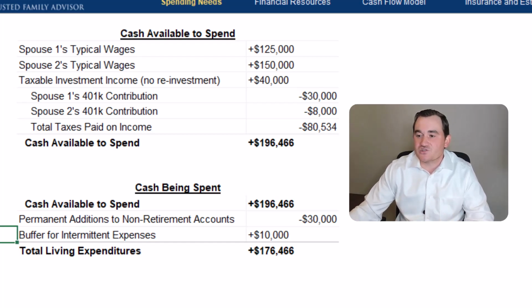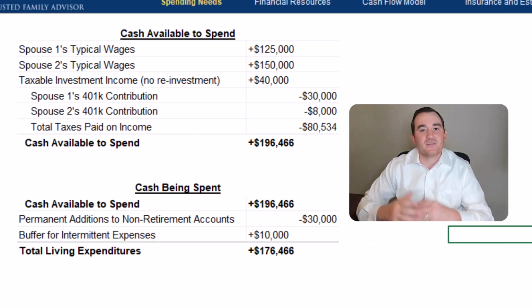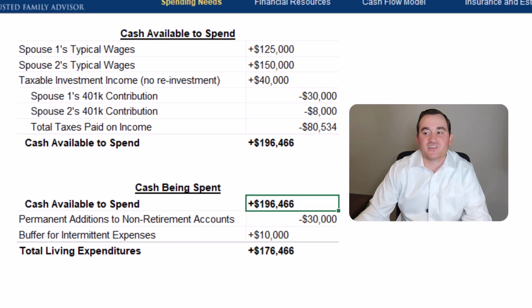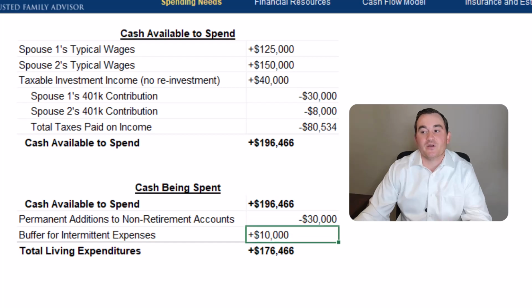They're not spending that money. And then finally, we'll make an adjustment here for intermittent costs. And I've said this in other videos, but there are costs that are invisible to a normal budget, and that would be things like home improvement and upkeep. If you need to replace the roof in 20 years, you're not going to put it in your budget, but at some point in the future, you're going to need cash to pay for those intermittent costs. And so what we're doing is essentially making a buffer here for those average costs that wouldn't normally be captured in your budget. So we have $196,000 minus $30,000 because you weren't spending that, and then from there we're adding an additional $10,000 for a total living expenditure spending assumption of